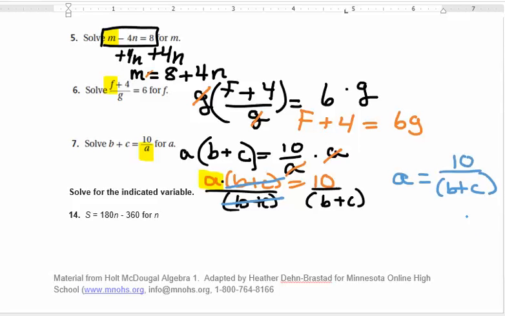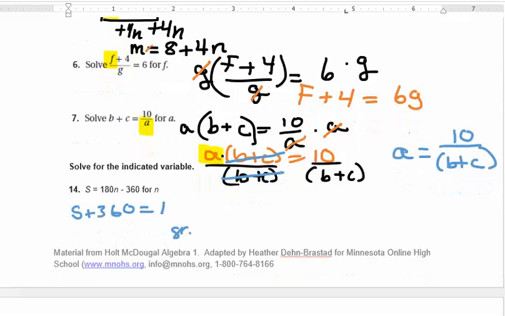All right, I think I'll let you do number 14 on your own. You would start by adding 360 to both sides. So you'd get s plus 360 equals 180 times, whoops, that moved, 180 times n,